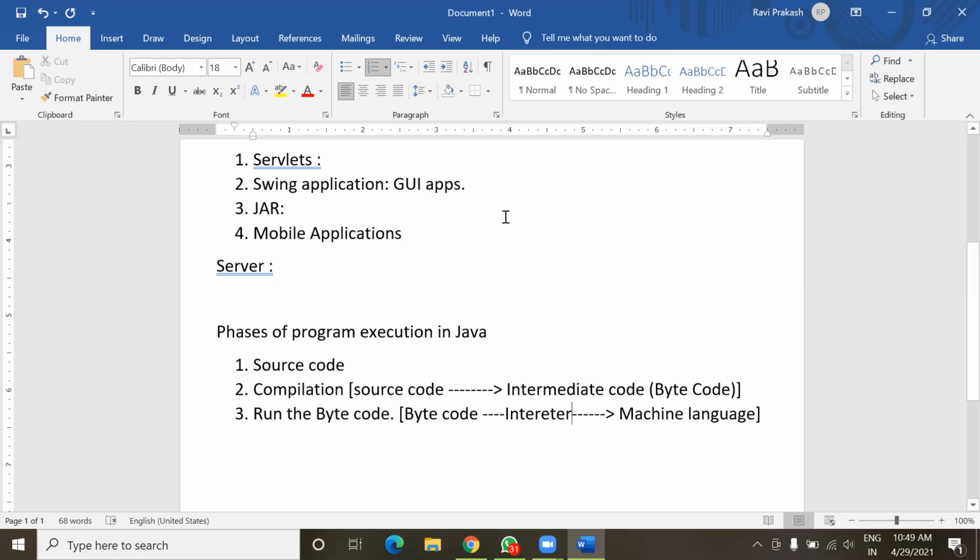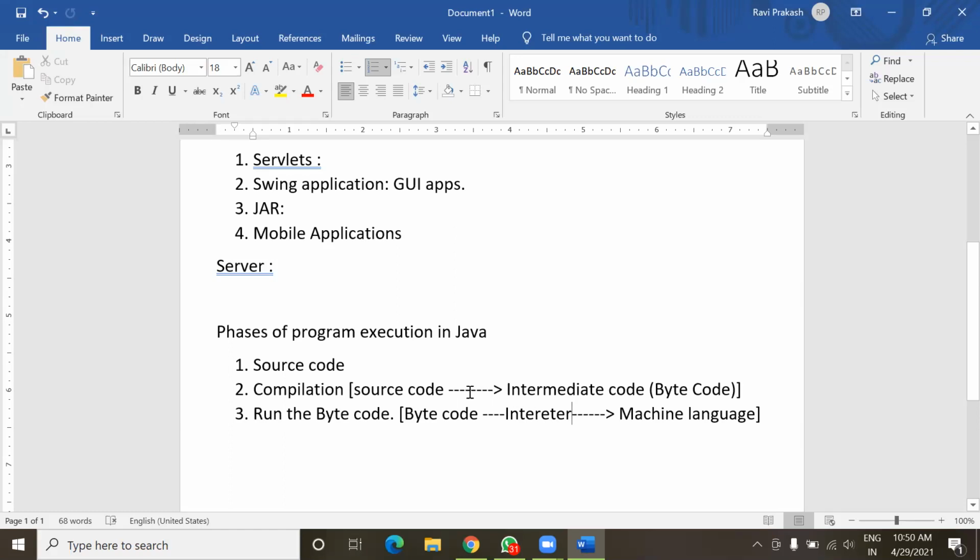In any other programming language like C and C++, only a compiler is needed. Their compiler converts high level language, means the source code, into machine language directly. But in case of Java, it happens in two steps. First, compilation is done by the compiler, and then interpretation is done by the interpreter.